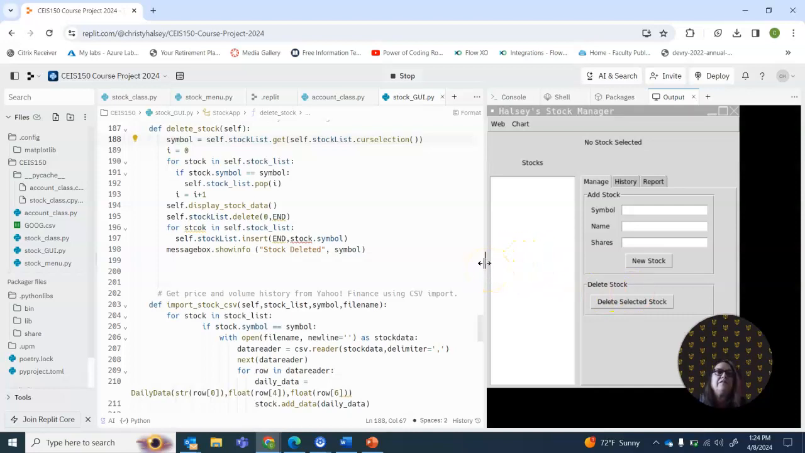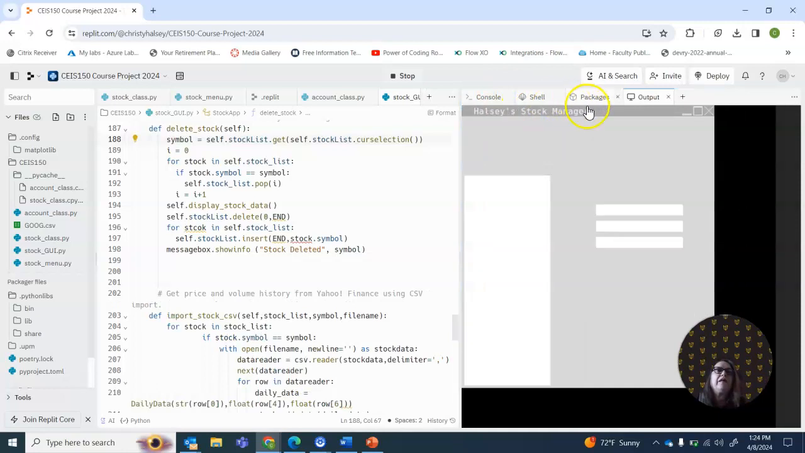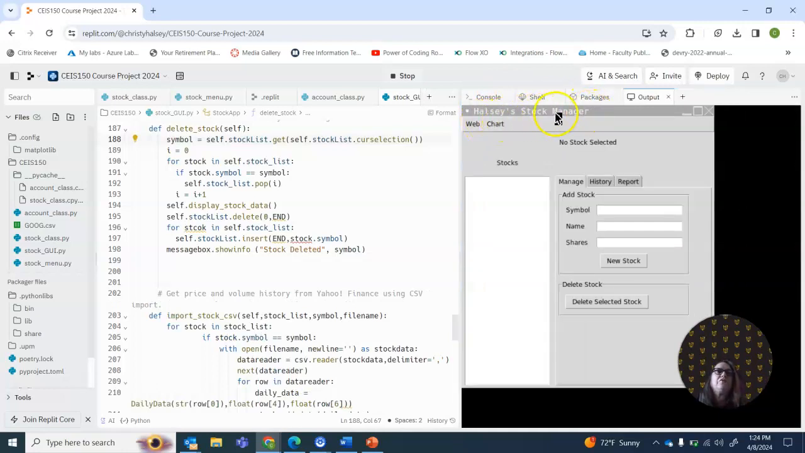All right, now you can see my personalized stock manager. In fact, if I don't see your name in the stock manager menu, you will not get full credit for this lab. I'll be sending it back to you, asking you to edit that part. All right, so I'm going to try my